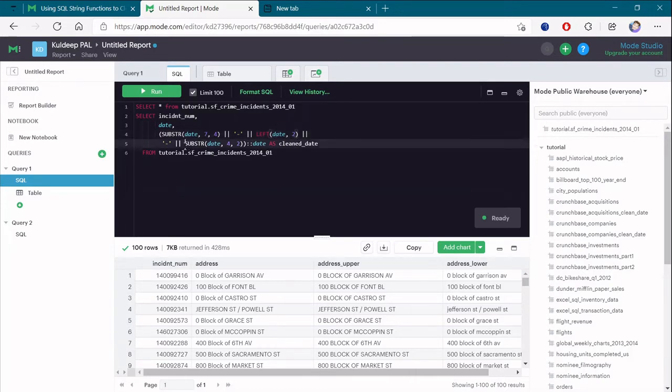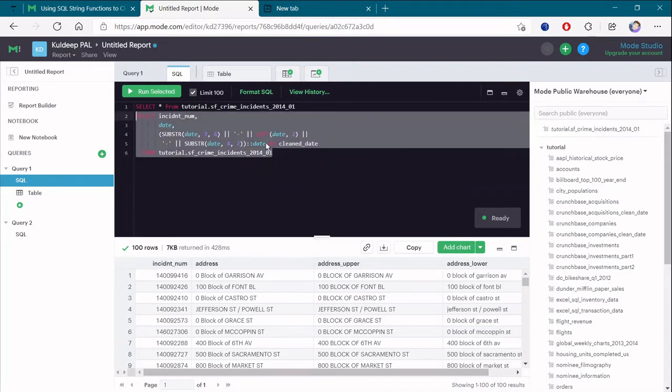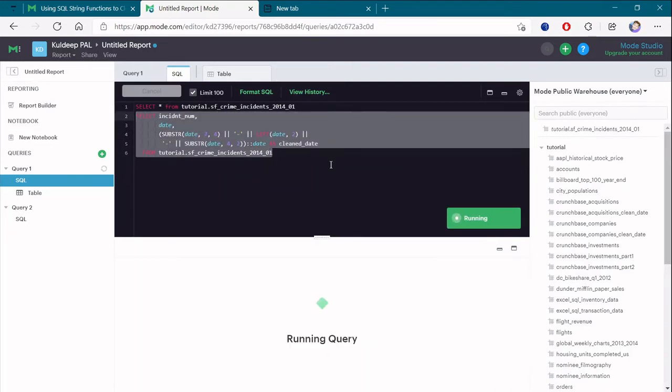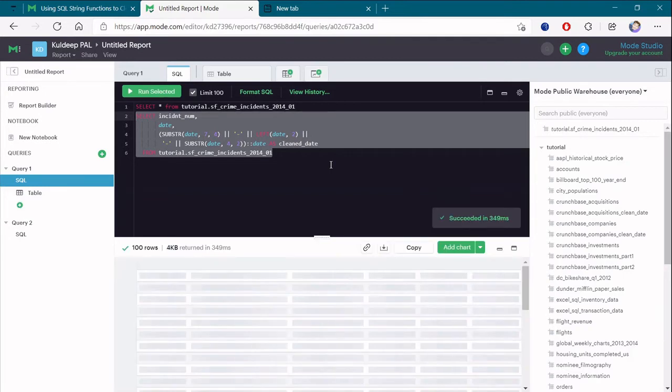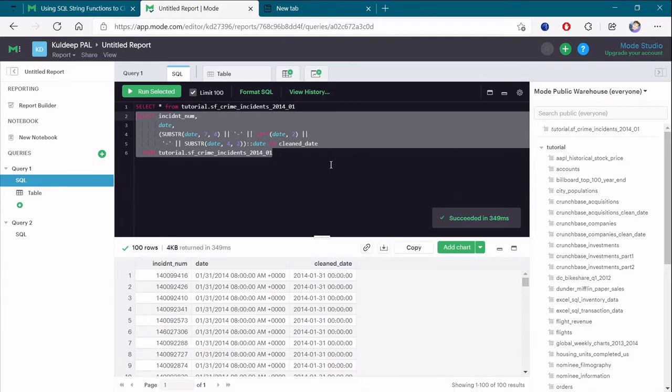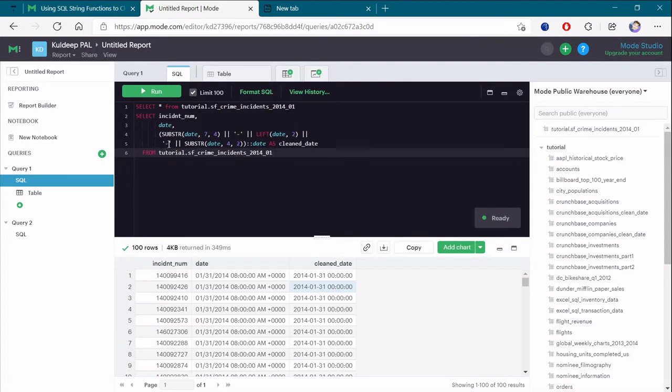Again we have used pipe for concatenation, then a substring for the date, and we have given the number of characters from where it should start. So it will give us the date, and this will give us the month, and in total we get everything, and we have converted it into a date here. This was also simple, we have just used substring and a combination of pipe for getting the dates. So this is the clean date, and we have used a hyphen here. If you do not want to use the hyphen, you can replace it with a backslash or anything you want. Other than that, it's fine.